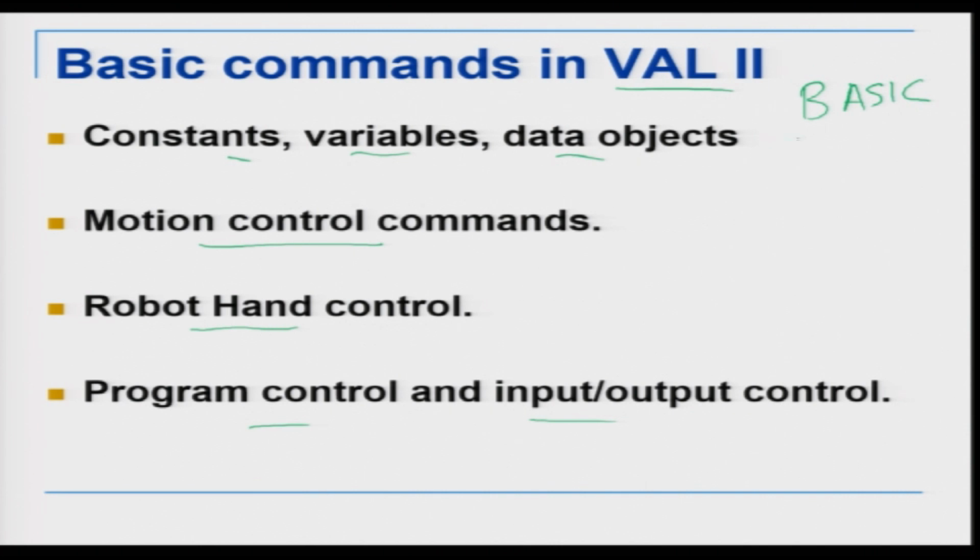It has the same structure as BASIC language, and what BASIC basically does is we have a line number, then you have a statement, then you have a line number again, you have a statement, and it executes sequentially from one statement to the other, and this is what we basically call the structure of the BASIC language. So the VAL 2 language essentially consists of these four parts,